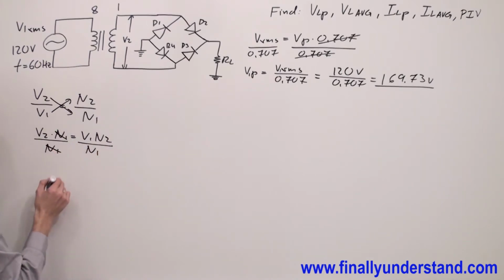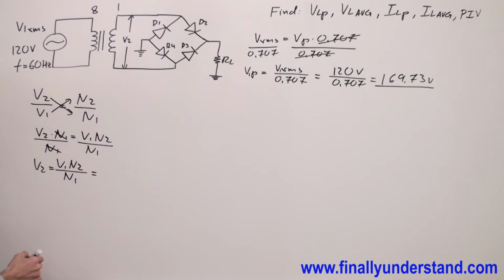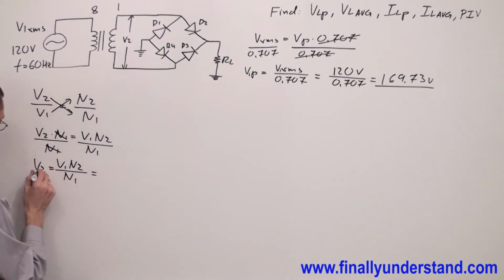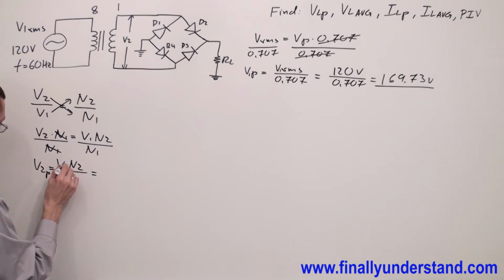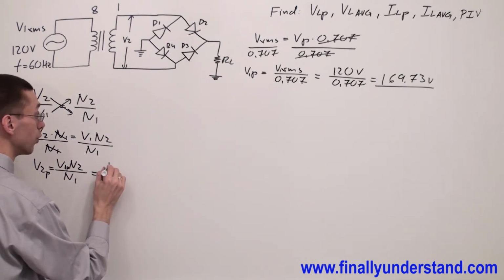N1 and N1 will cancel out, and I have V2 equals V1 N2 over N1, where V1 is, of course, peak. I'm looking for V2 peak, so I have to use the peak value here also. V1 peak is